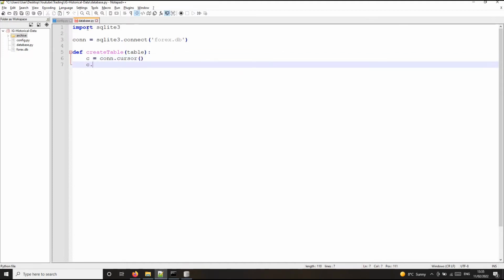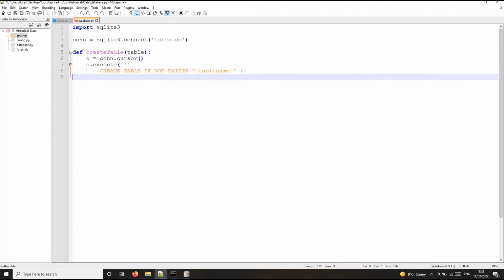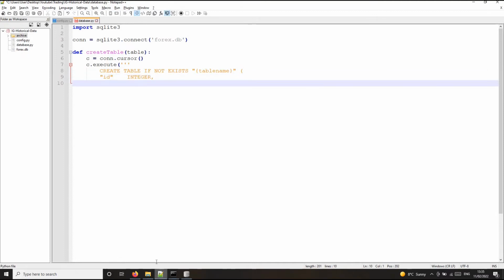And then we connect a cursor, and then let's execute to create the table. Now I'm going to say create table if not exists, so that when we call it programmatically, if it doesn't exist, it will create it. If it does exist, then it will just skip that part. So I'm going to give the ID integer as our primary key. So let's see what other